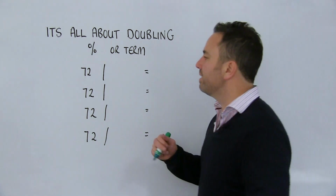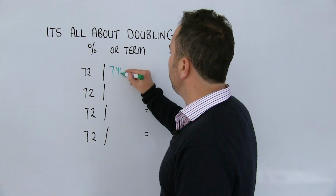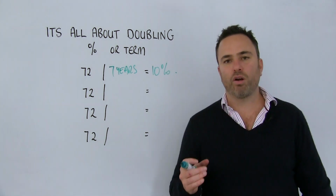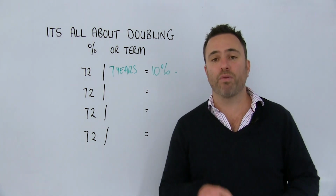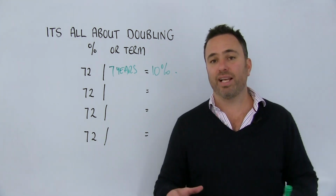So what I would do in that situation, I'd say, okay, 72 divided by 7 years equals 10%. Now, do properties out there grow at 10%? They certainly do. Do properties grow at 3%? They certainly do. The average for the median Melbourne house in metropolitan Melbourne over the last 10 years